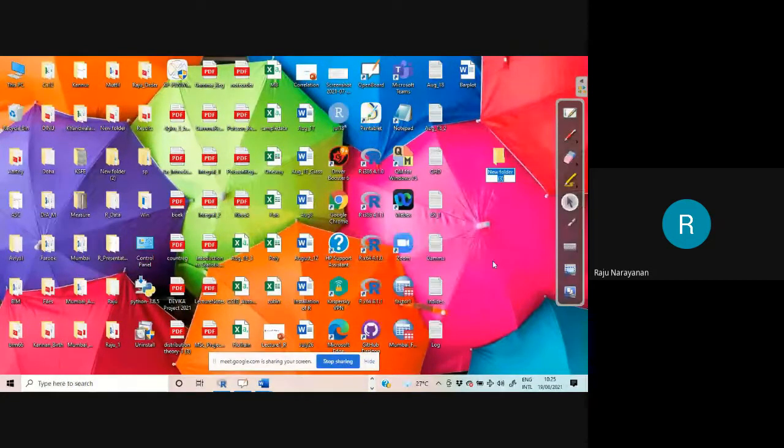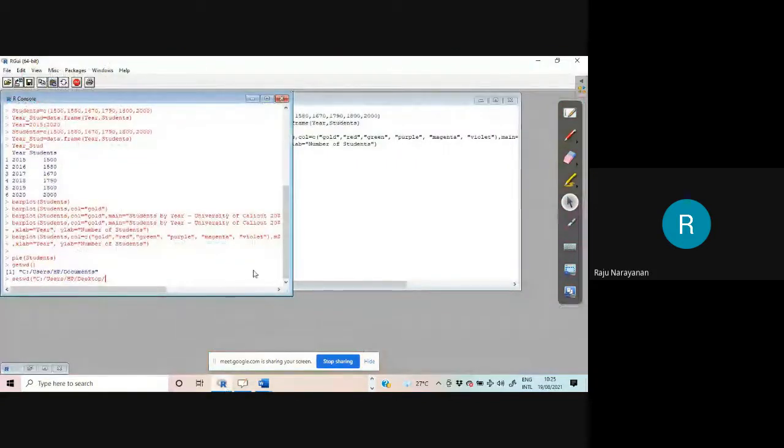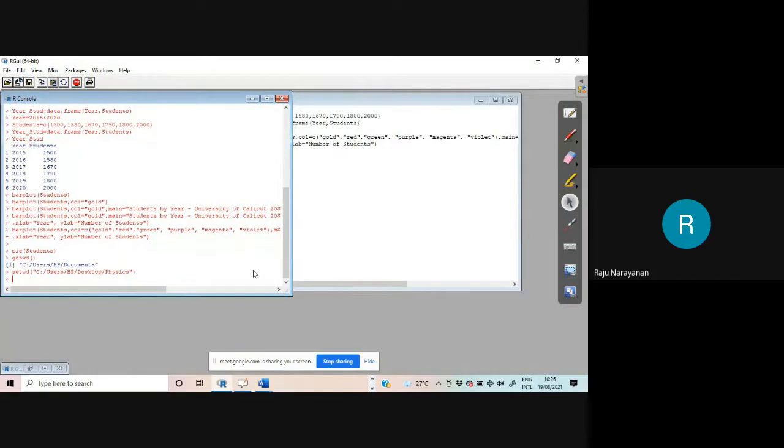Let it be the physics folder. Okay, physics folder, finished. Now, if I write getwd, I will get that one.